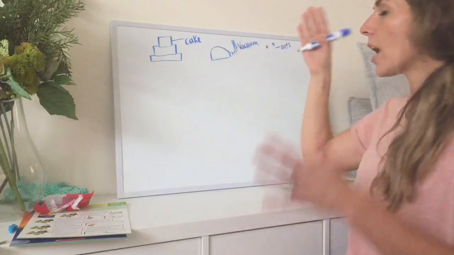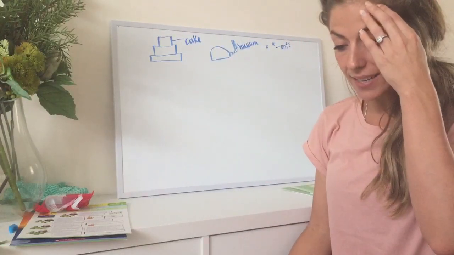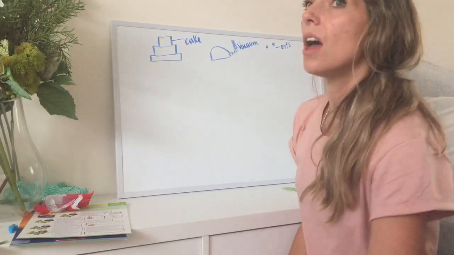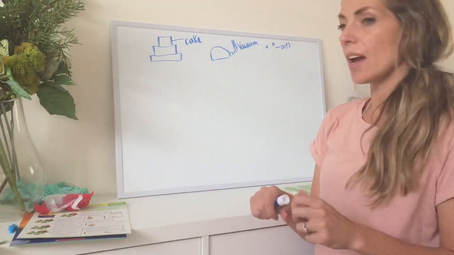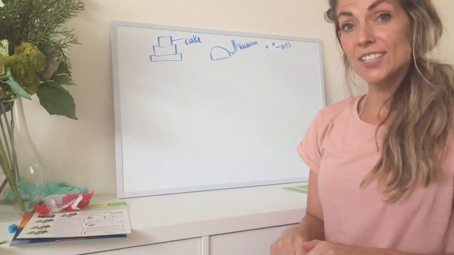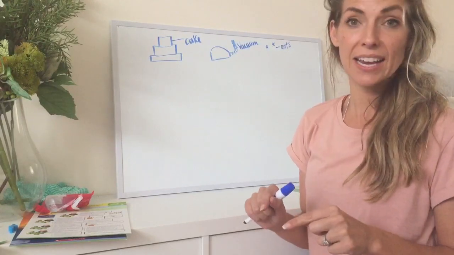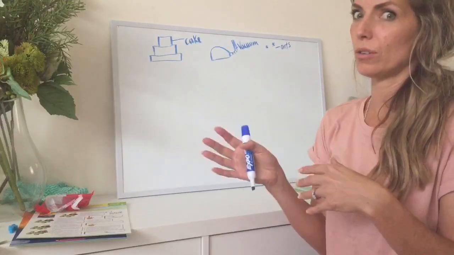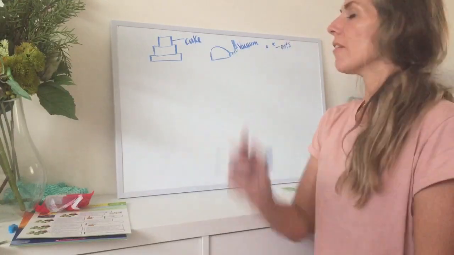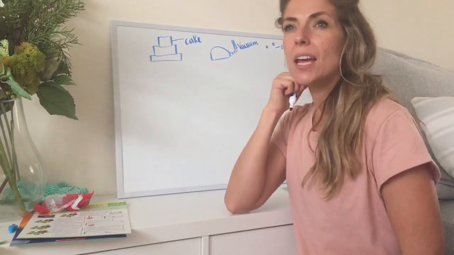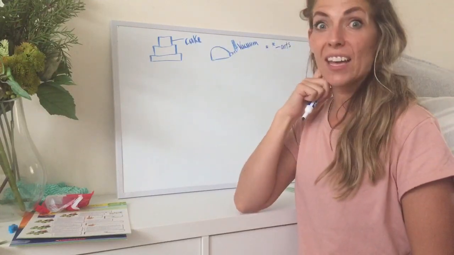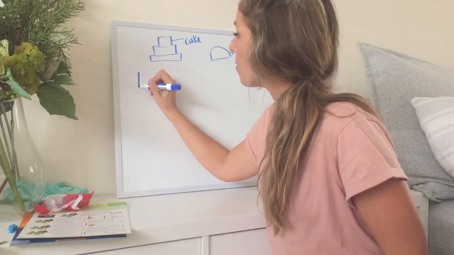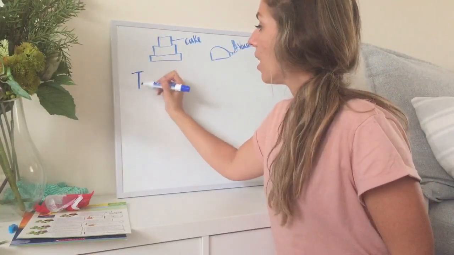Okay, so I've got my ideas in my head and now I can start thinking about what I want to write. And I think I'm going to start with, I turned the vacuum cleaner on, because that's the part that I did before the ants went flying everywhere. So I've got that sentence in my head and I'm going to write, I turned the vacuum cleaner on. So I need to start with my capital letter. I